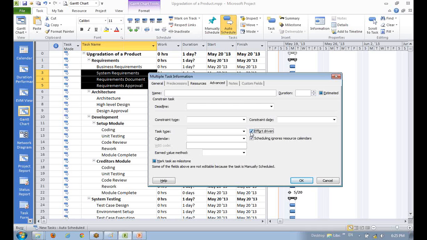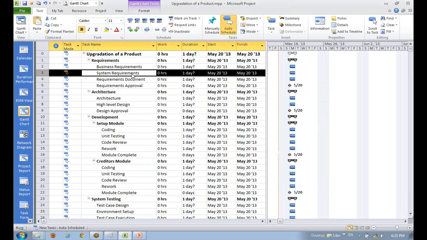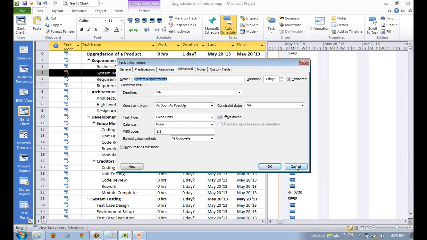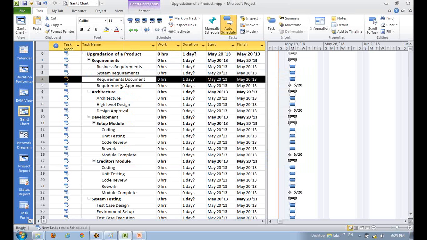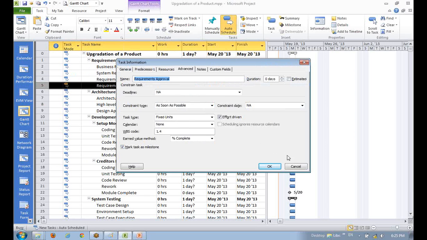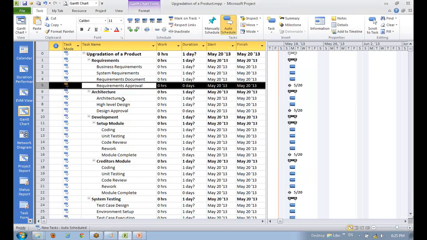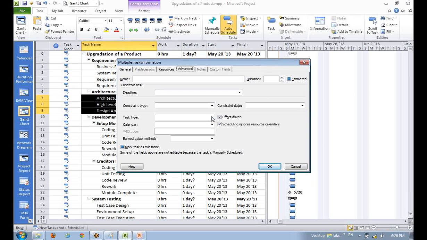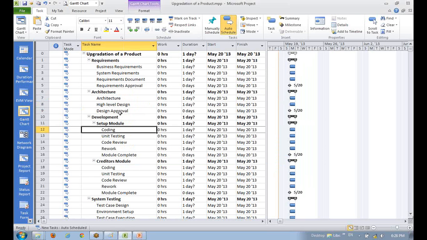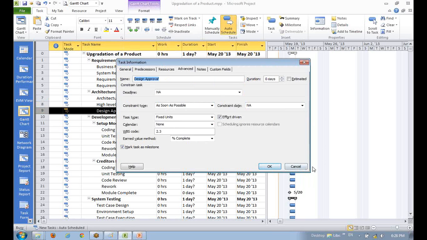Now I check this and say okay, but if I double click again, this is effort driven. Rajesh, please help. I will select all of this, go to Information, go to Advanced, and I have to uncheck and then check. That's what I have found to be a little weird with this approach. Only then does it change, otherwise it doesn't.